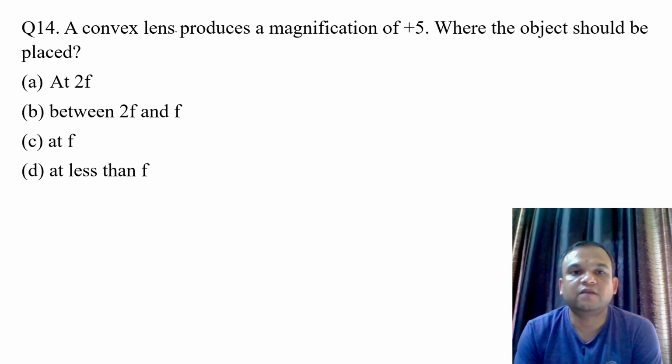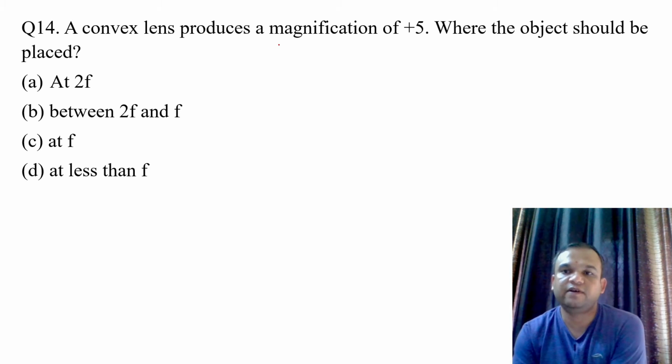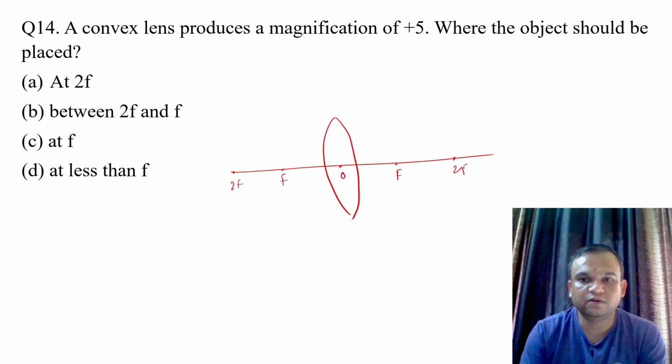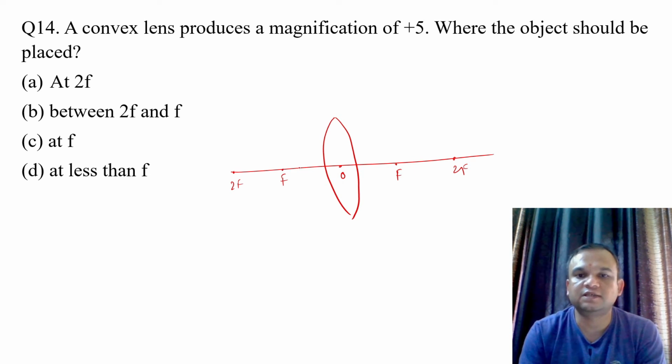Next question says, a convex lens produces a magnification of +5, where should the object be placed? Students, if it is a convex lens, we know that if the object is placed at the focus, then the image will be formed at infinity, and if we place it at 2f, then the image will be formed at 2f and it will be real and inverted. But the magnification is +5, it means that the image will always be found on the same side as that of the object. So if we place the object between f and the optical center, then the image which is formed will be on the same side and it will be